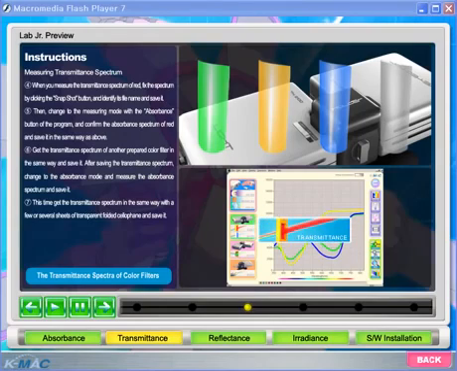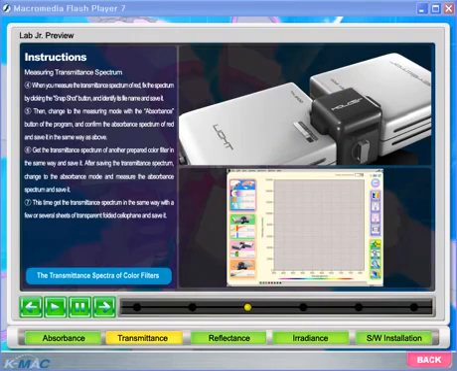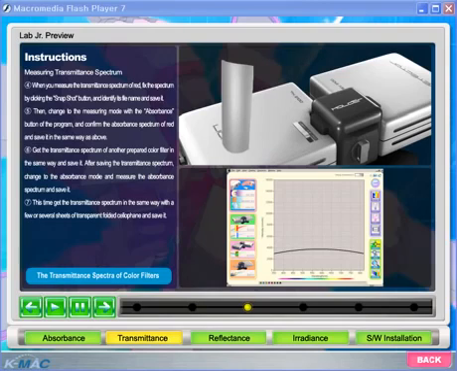Get the transmittance spectrum of another prepared color filter in the same way and save it. After saving the transmittance spectrum, change to the absorbance mode and measure the absorbance spectrum and save it. This time, get the transmittance spectrum in the same way with a few or several sheets of transparent folded cellophane